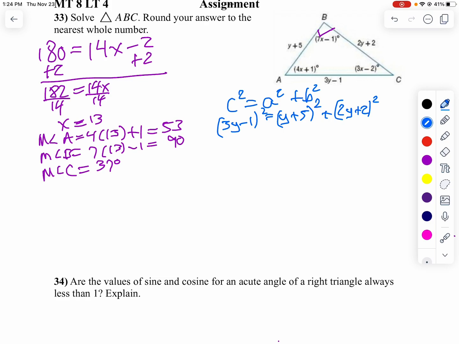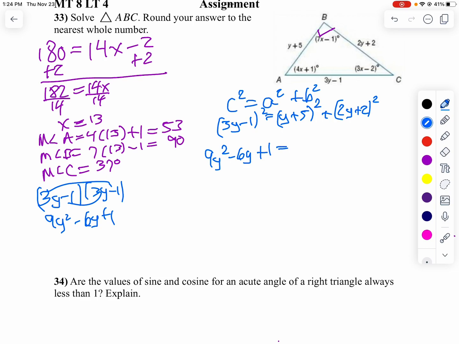I want to write 3y minus 1 times 3y minus 1. So I'll get 9y squared minus 3y minus 3y. I don't know why I'm writing it down here, I want to write it over here. So this is 9y squared minus 6y plus 1